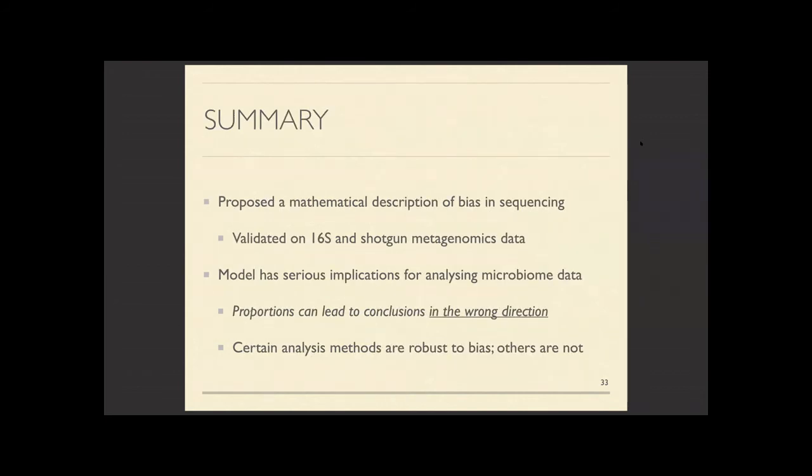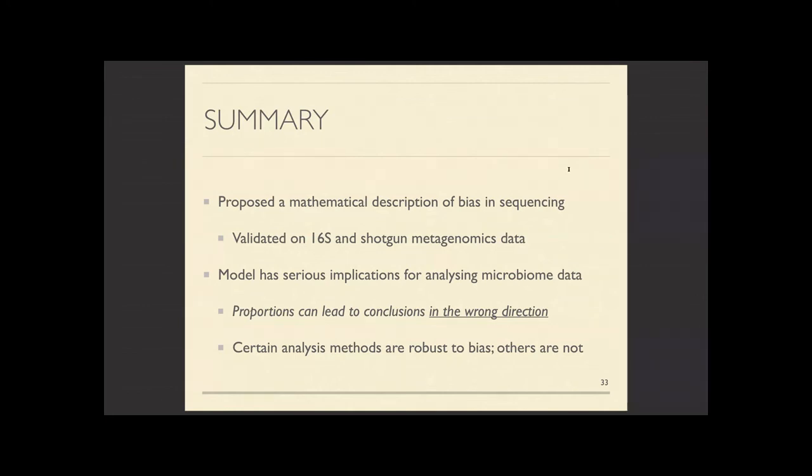So what I talked about today, for folks who took a nap, I know we've got folks from many different time zones, I talked about a mathematical description of the way that relative abundance data is biased for true abundances. So that applies to both 16S and shotgun data, whether or not you're looking at sequence variants or strains, whether you're looking at coverage to determine abundance or counts or relative abundance. This model applies to all of those equally.